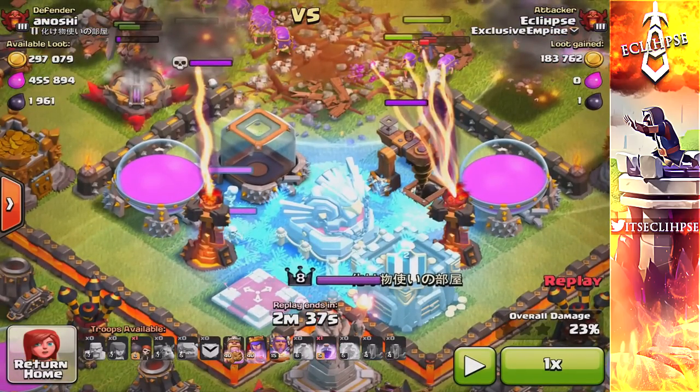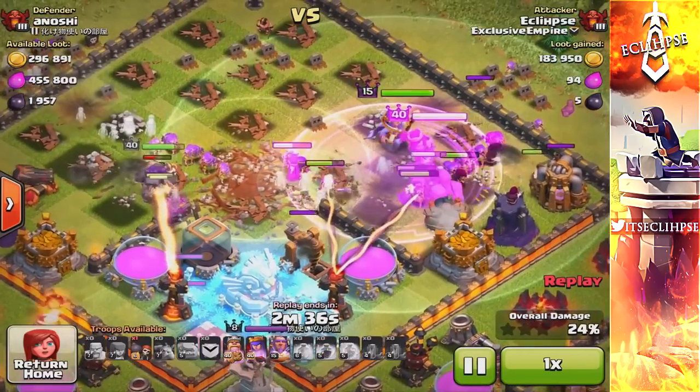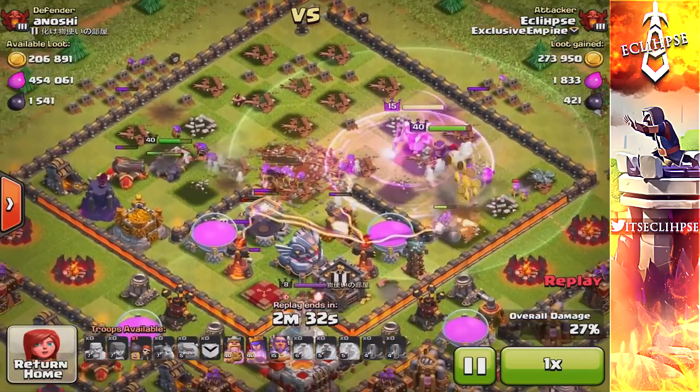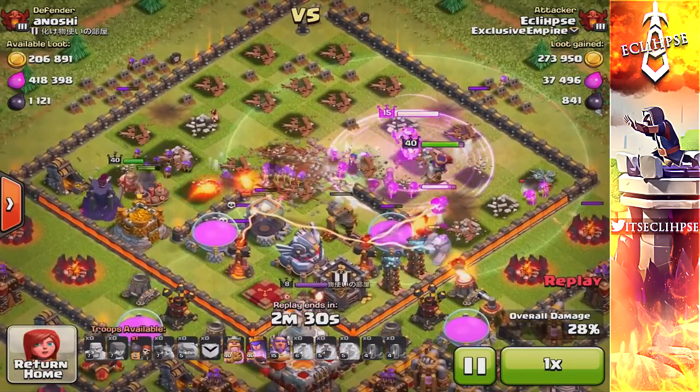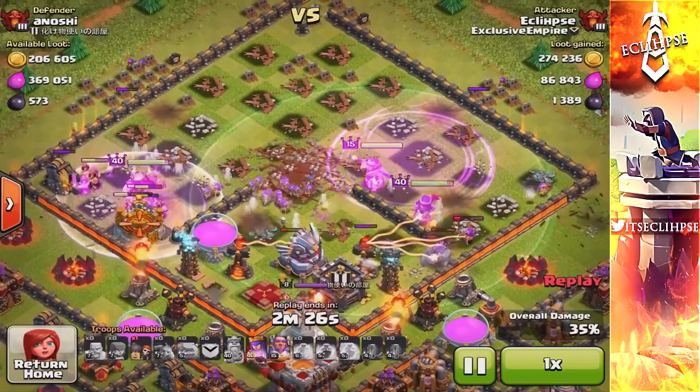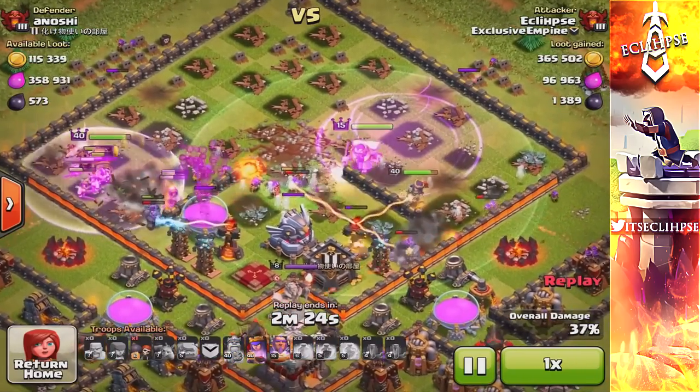Now we need to take a minute right here just to praise that freeze spell. I literally froze everything but the Inferno Towers. Oh man, but nonetheless, we should be good. I use all my spells, I rage that king up, and now my troops are approaching those Inferno Towers, and